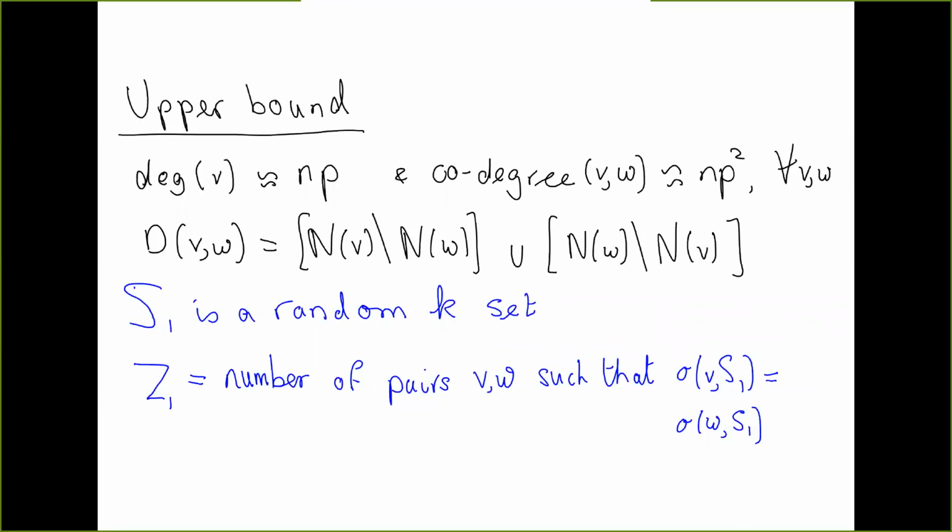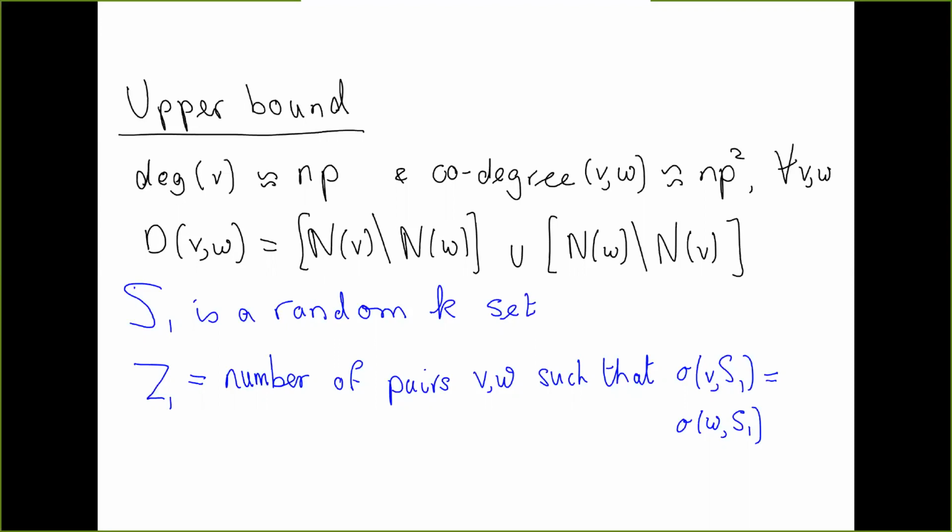Now I should say that in the published version, S1 is an arbitrary set. So in the actual published version, there's an error. And we didn't fix the error until we started thinking about the sparser case, where